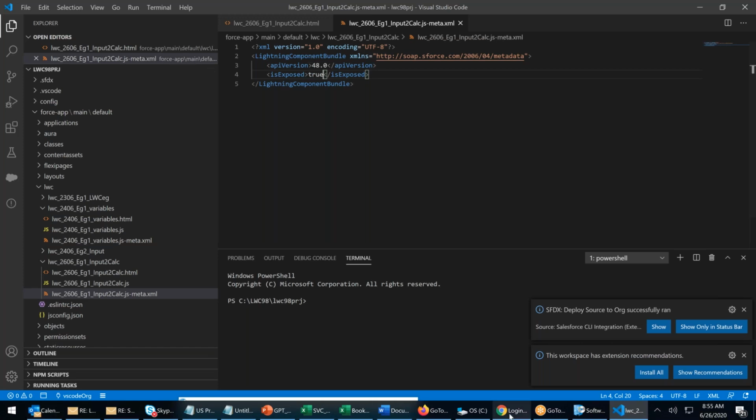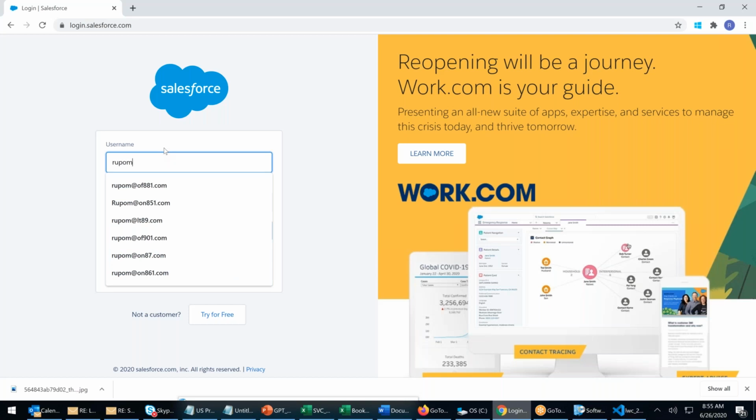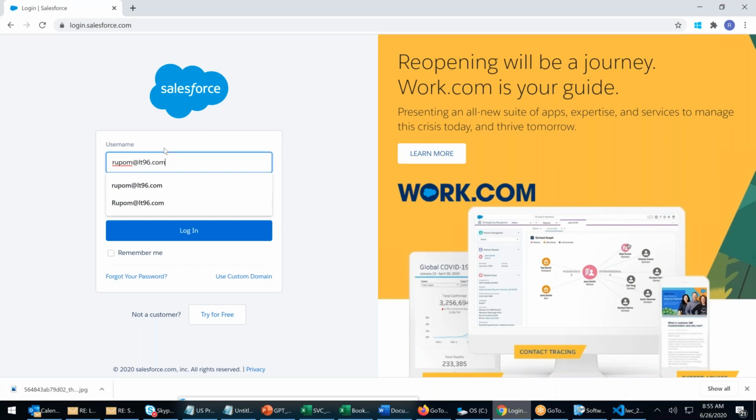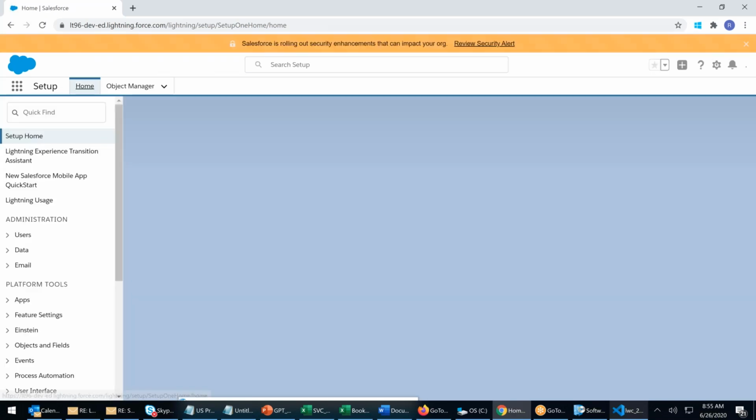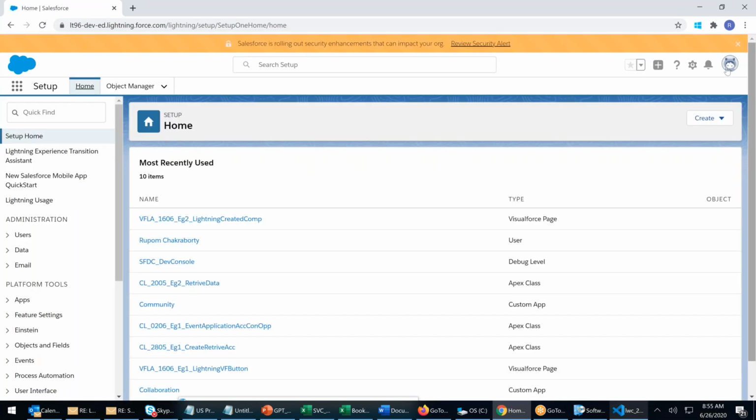Now I will log into my Salesforce. I click on setup.